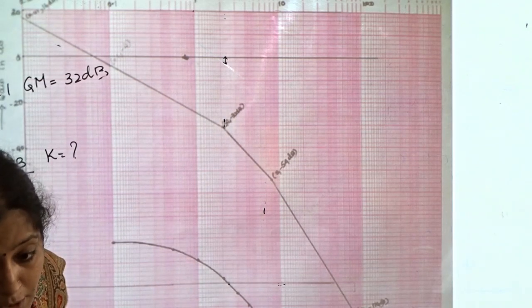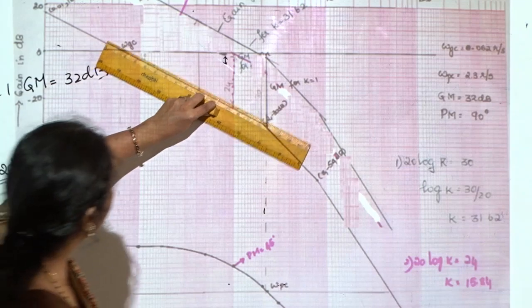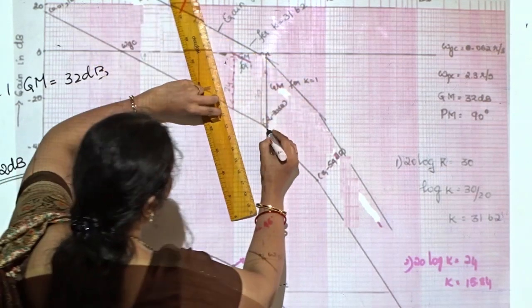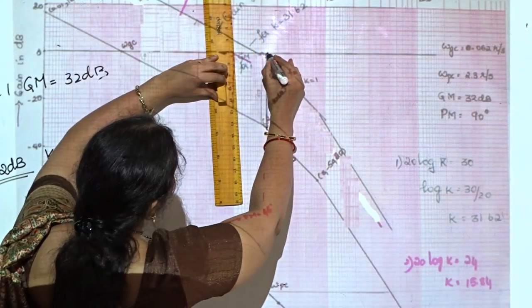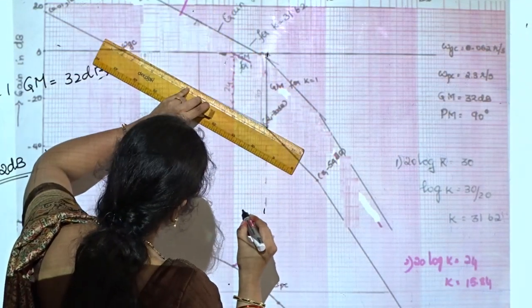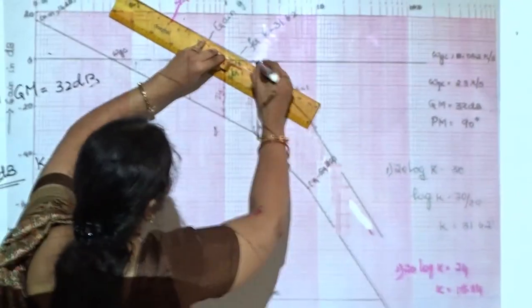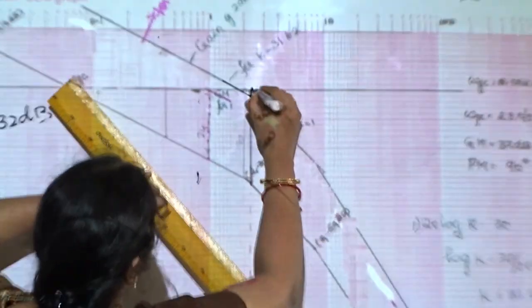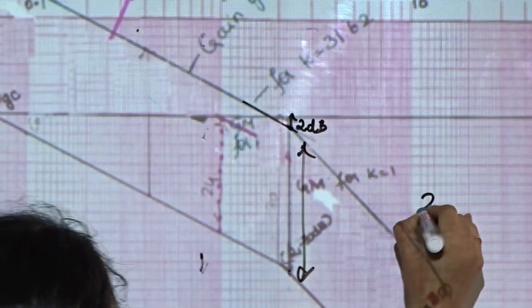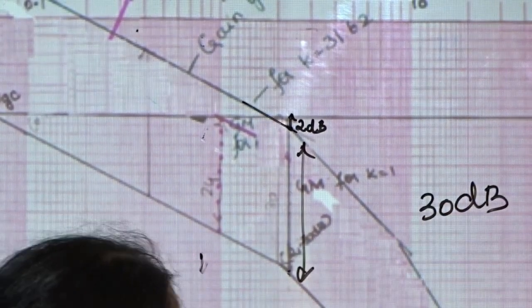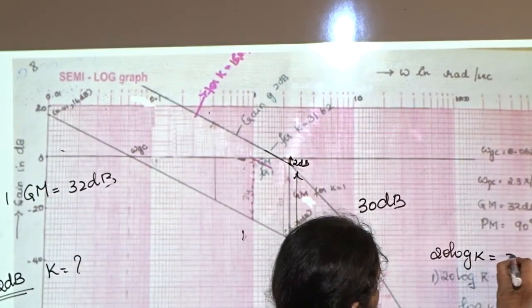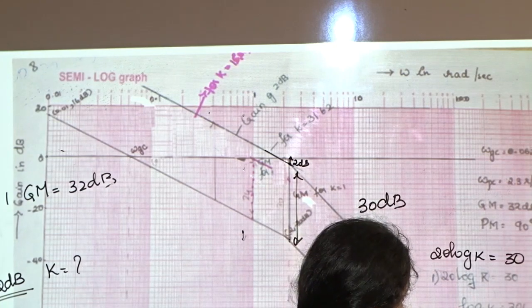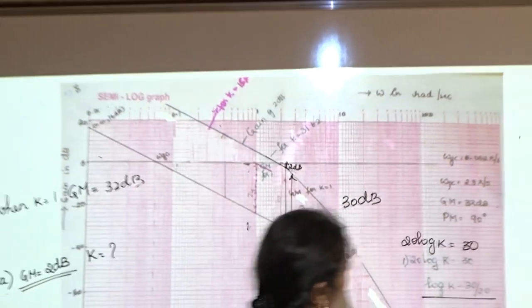Meaning, you have to push it up. See here, the total graph has been pushed up. From here to here it was 32. Now we have to draw a new graph. Push this up. See, at this point it is 2 dB. So by what value have we pushed? By 30 dB. So what is the new value of k? 20 log k will be equal to 30, so k is equal to 31.62.